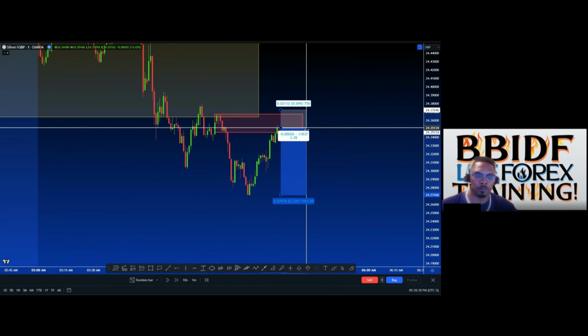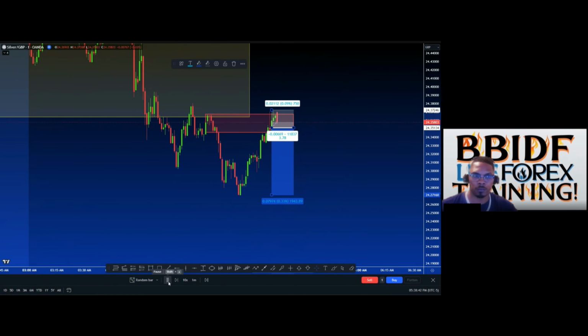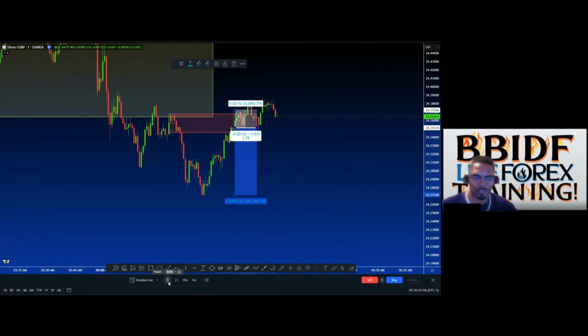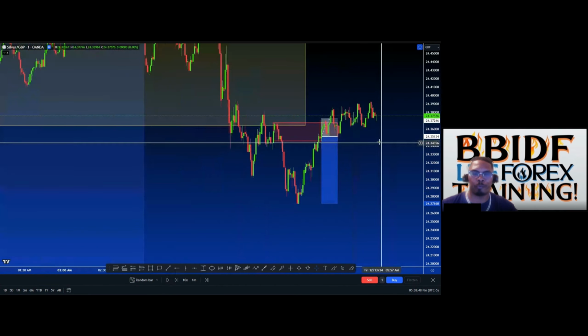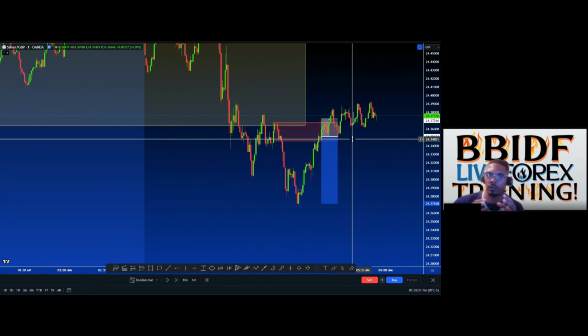So here we go. I'm going to just let it play and see if I win or lose. 3, 2, 1. Okay, it looks like I lost. Yeah, so I lost that trade. But guys, this is generally just how that goes, how they look to scalp and enter a particular trade. That goes for every type of trader that you are. Depending on the type of trader that you are, you're looking at different time frames.